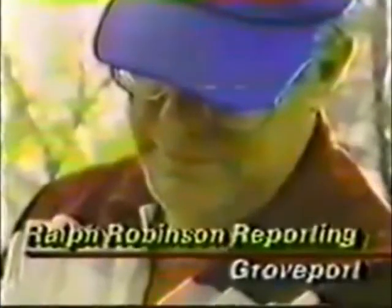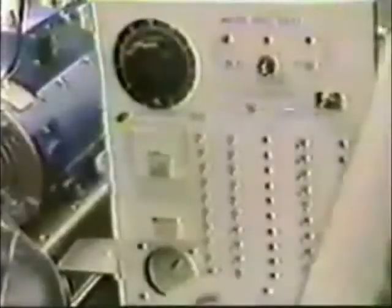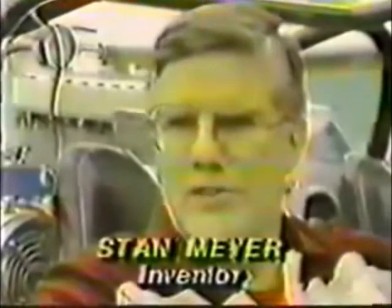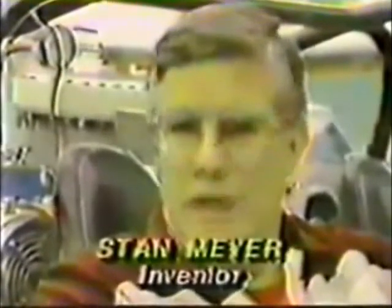Water has always been considered a precious commodity, but Stan Meyer's invention may make it even more valuable. He has developed what's called a water fuel cell. It has taken the place of his old gas tank. The water fuel cell breaks down water molecules into oxygen and hydrogen. The hydrogen is used to run his dune buggy. I don't care if you use rainwater, well water, city water, ocean water. If you don't have any fresh water, go ahead and use snow. If you don't have any snow available to you, then use salt water because there's no adverse effect to the